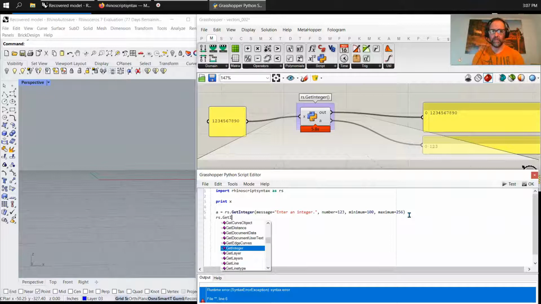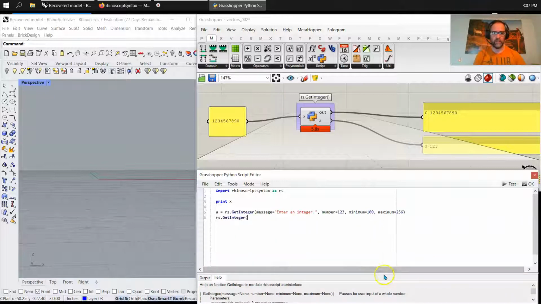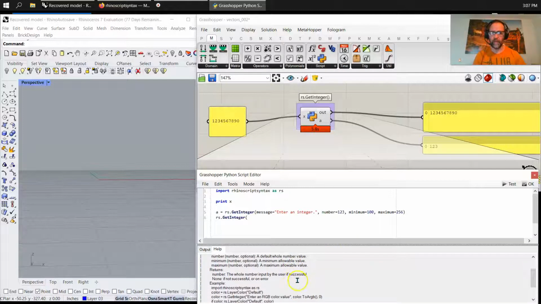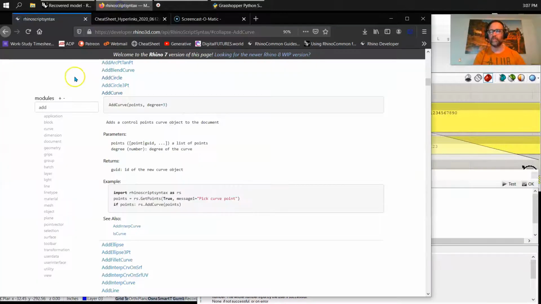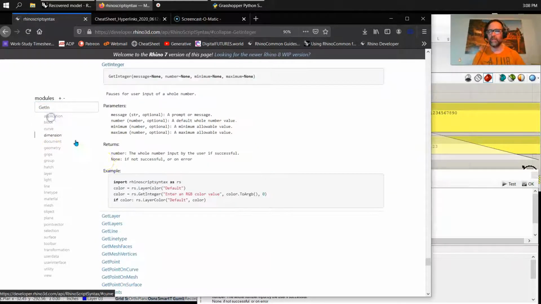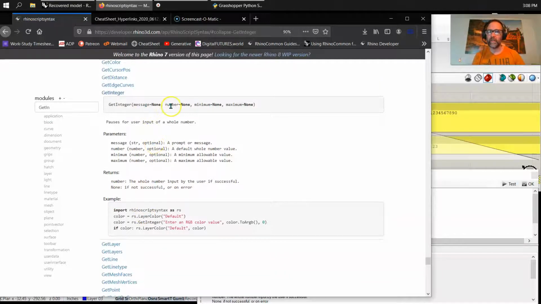Rhinoscript get integer parentheses, and let's see what it tells us. You can find the answers here, but once again, the better, quicker answer is to go into here, and then I think it was adding integer... oh, it was get integer, so let's do that one and see what it says. Basically, it lists the number, the minimum, and the maximum: the minimum allowable value and the maximum allowable value, which is strange because